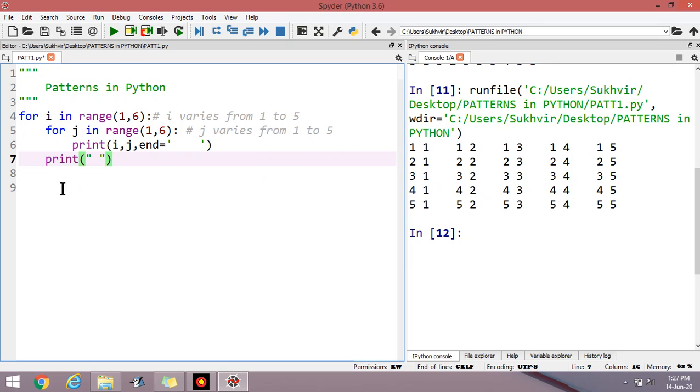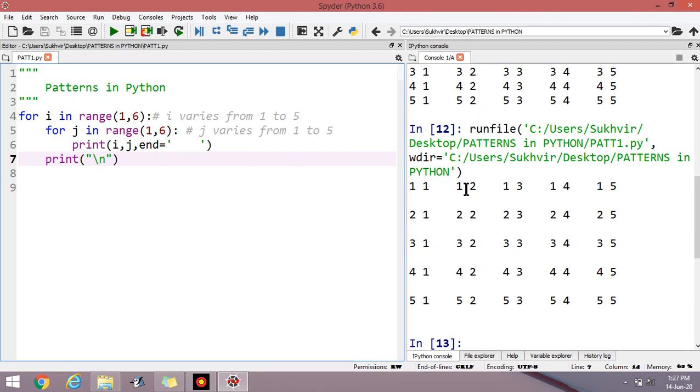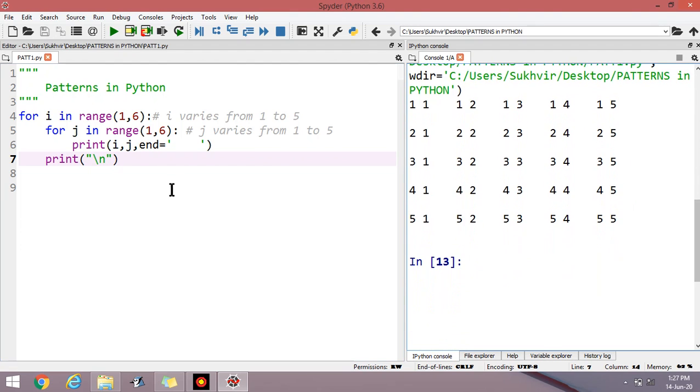Now what about next? Print, some space is there. It means we are proceeding to the next line basically. Then print, you can write here new line also like this, but some space is there inside. Basically if I am writing only the space, then a new line is produced inside Python. But if I am writing new line, it means one space more than the new line.